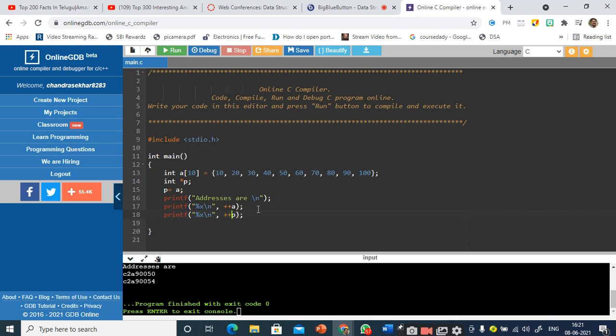Just an idea you should have. Okay, no problem. So this will raise an error. Why? Because here, in this particular printf statement, I am applying an increment operator on A. What is this A? Base address, sir. Array name. It is the array name, but it stores the base address, right?